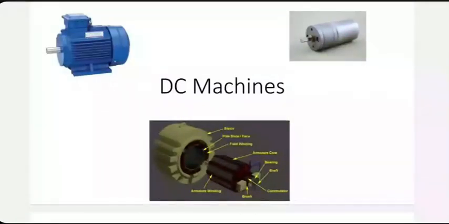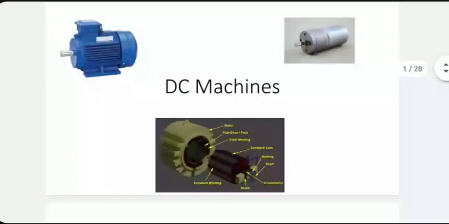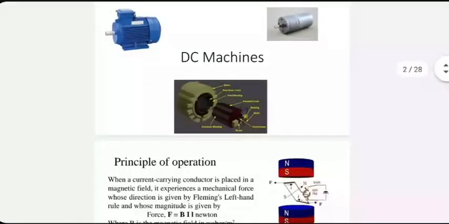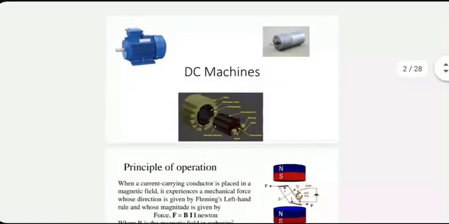The basic idea is that, at least in the case of generators, we have rotating conductors in a magnetic field, and we get the required EMF out of the conductors. In the case of motors, it is the opposite. This PPT essentially gives you another way of looking at both generators and motors.